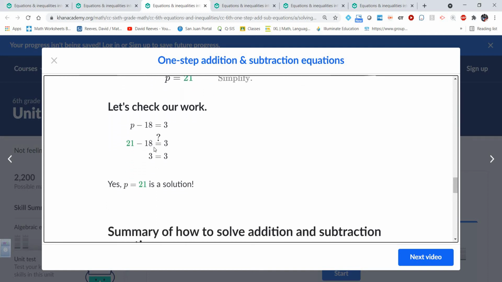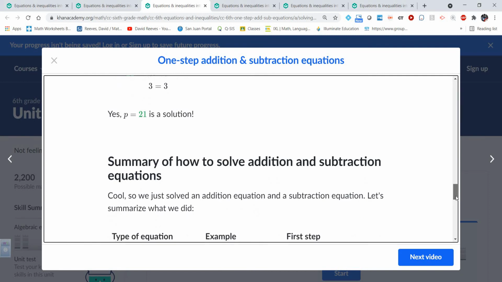21 minus 18, does it equal 3? That's what that question mark's for. Does it really equal 3? Does it give us a true equation? It does. Therefore, P equals 21 is the solution to that equation, because it is the value of the variable that makes the equation